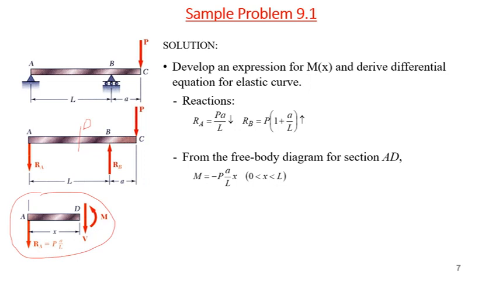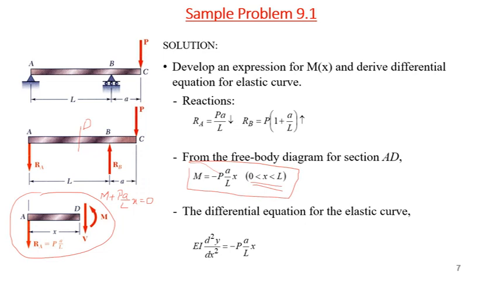So M plus P a by L times x is equal to 0, and the moment equation is valid for the section from A to B. So the differential equation for elastic curve, we already know, is EI d2y by dx squared equal to